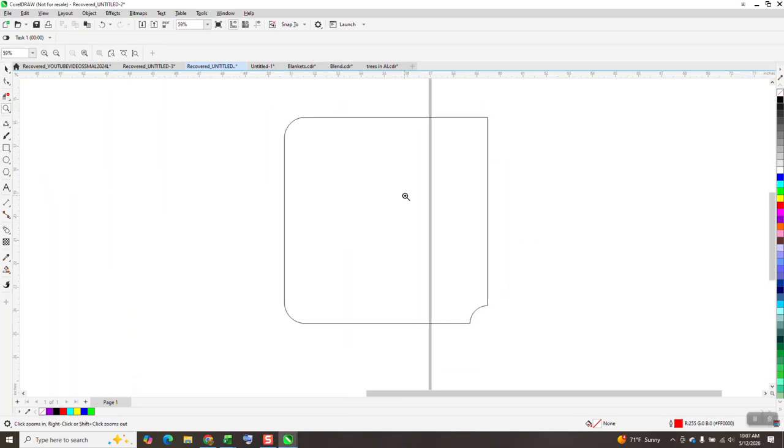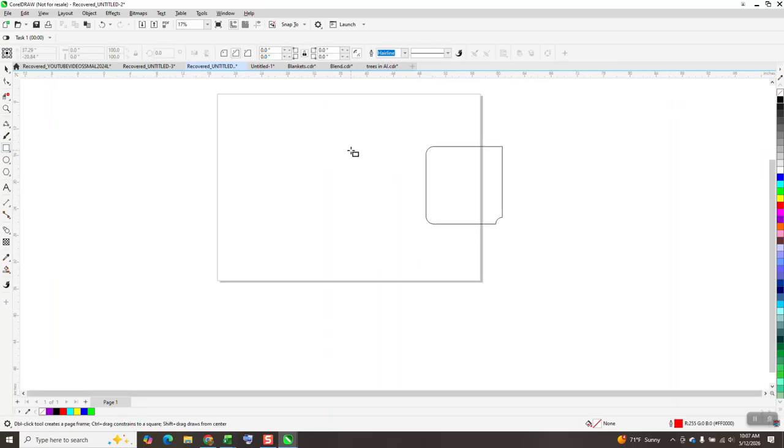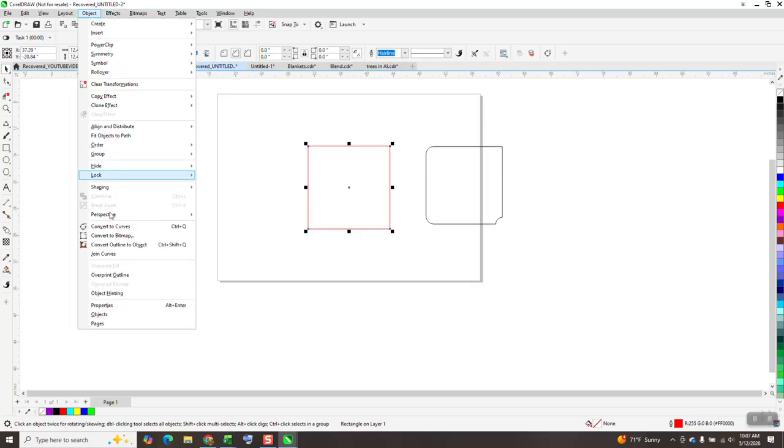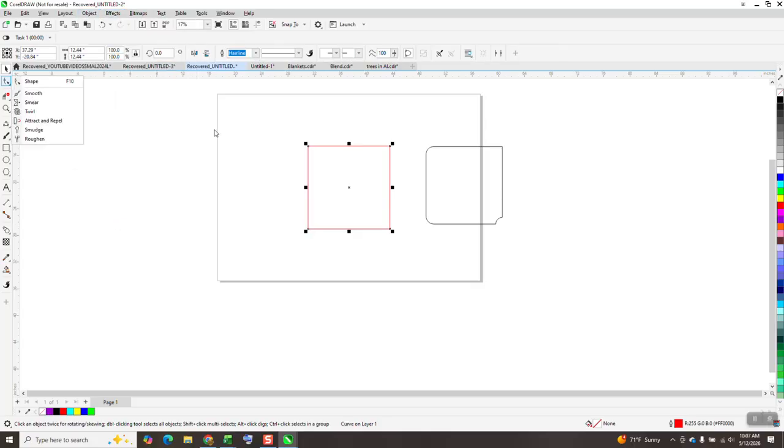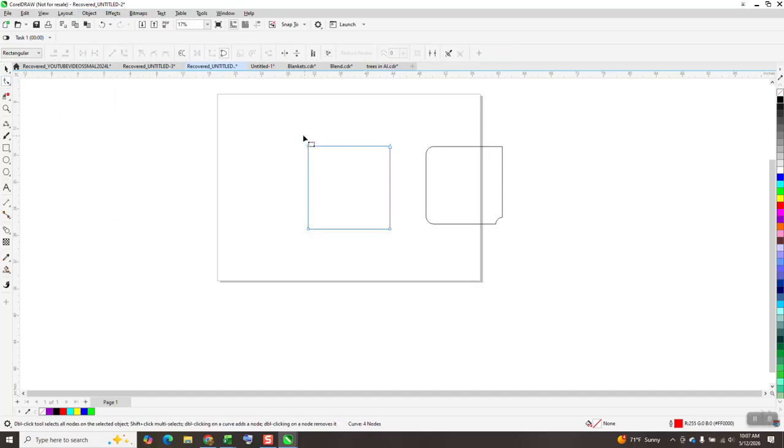Just earlier today, I made a video where you could make different corners, and I went about it the long way around. A viewer subscriber told me this, and it just clicked. I don't know why I didn't think about it. But if we go to Object and convert this to a square, and get that way, you can take individual